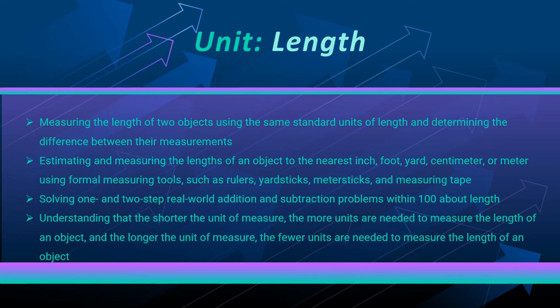This unit of study will encompass the following key learning goals: measuring the lengths of two objects using the same standard units of length and determining the difference between their measurements, estimating and measuring the length of an object to the nearest inch, foot, yard, centimeter, or meter using formal measuring tools such as rulers, yardsticks, meter sticks, and measuring tape, solving 1- and 2-step real-world addition and subtraction problems within 100 about length, and as I mentioned on the